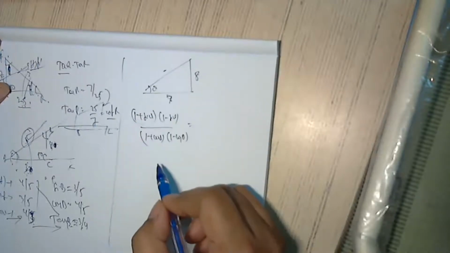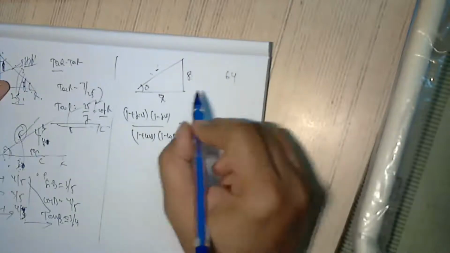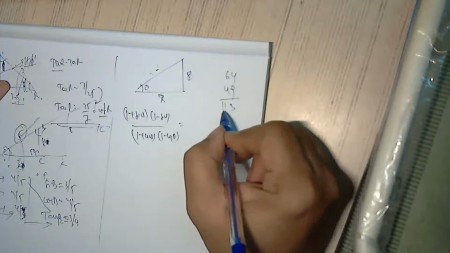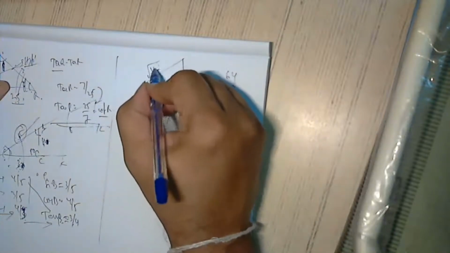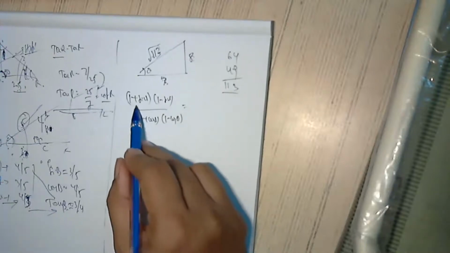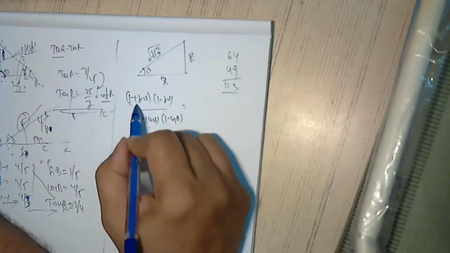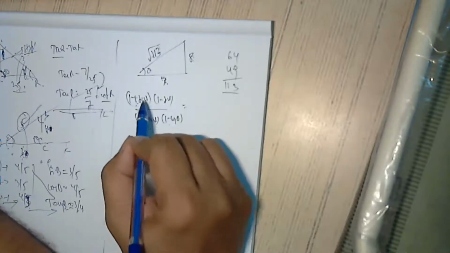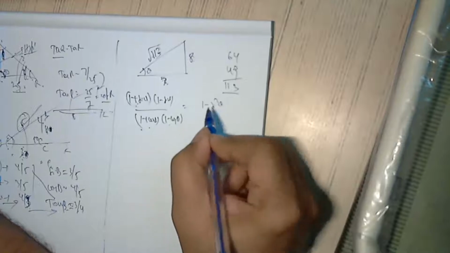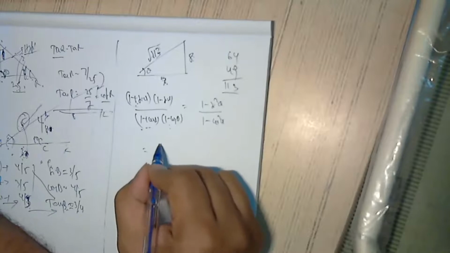Now we have to find the third side. So this is the square root of a square plus b square. 8 8s are 64, 7 7s are 49. If I add, 113. So this value is root of 113. Now what is asked? 1 plus sin theta into 1 minus sin theta, by 1 plus cos theta into 1 minus cos theta. 1 plus sin theta and 1 minus sin theta is a plus b into a minus b, we know a square minus b square. This is 1 minus sin square theta, and this is 1 minus cos square theta. So that is equal to 1 minus...